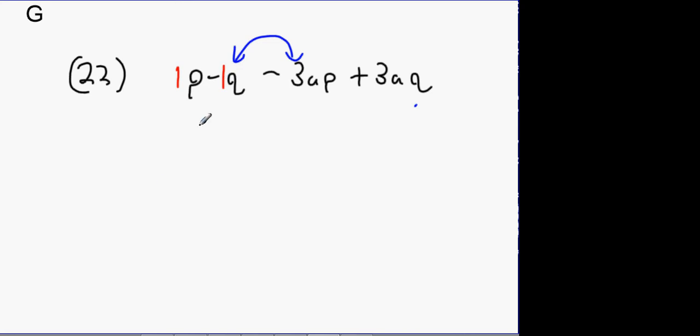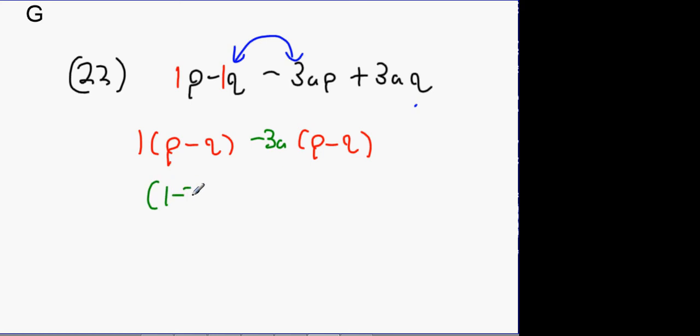What can I take out of the first 2? 1 bracket. By default, the second bracket should be the same. What number goes in here to multiply P minus 3A? Now look, what's the answer now? 1 minus 3A, P minus. It's basically the reverse of the answer we just got. So which one should we do? If you can do it both ways, that's excellent. Guys,